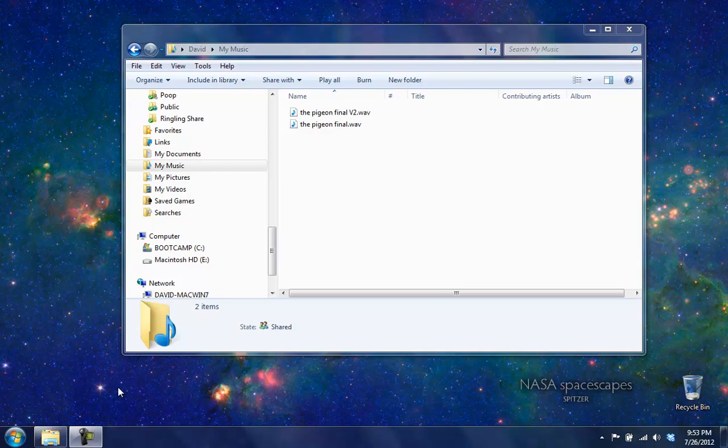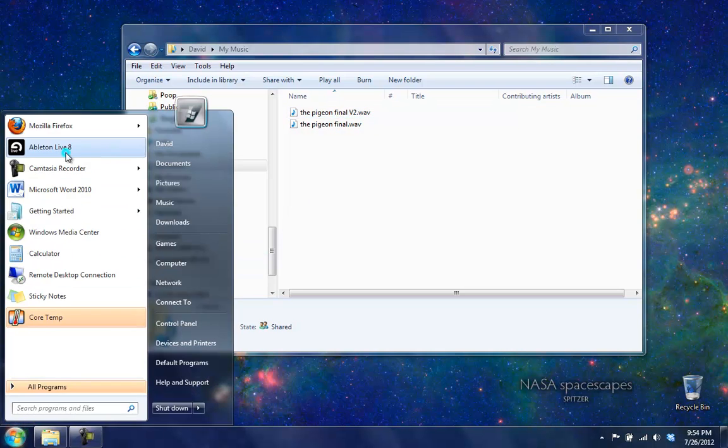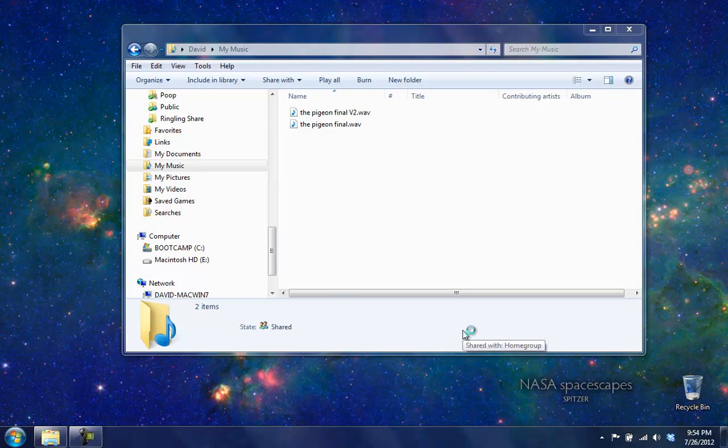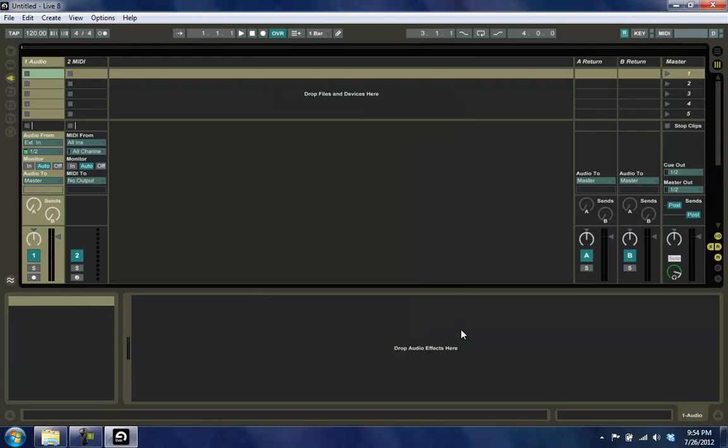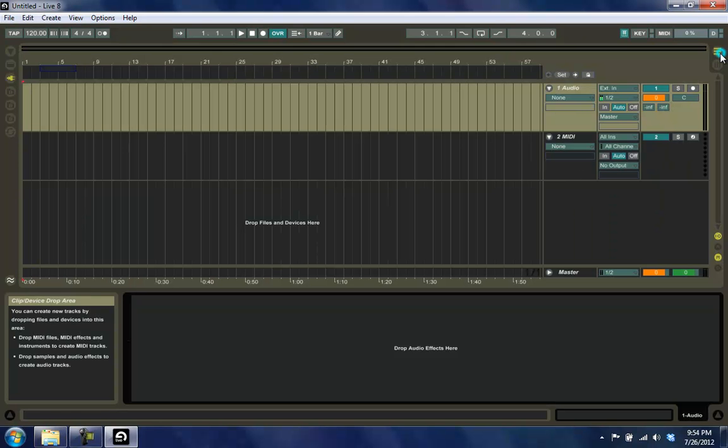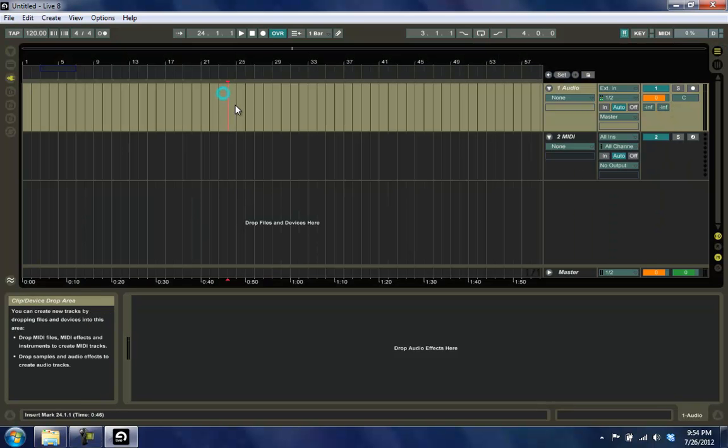Okay, so I got these two files. I'm just going to use this as an example because I felt like doing a quick tutorial on file replacement inside of Live, just in case say you're working on one file and you need to replace it with a newer version. There's a very easy way to do this inside of Live, so you don't have to physically click